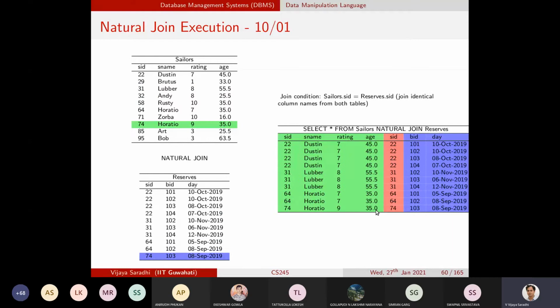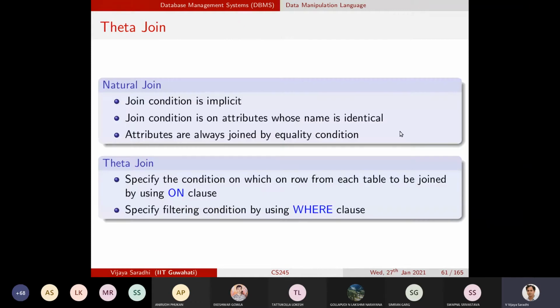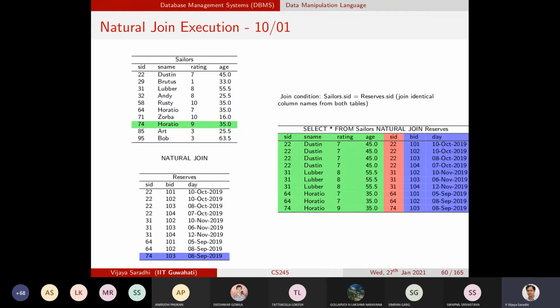And the dropping of the columns also will happen simultaneously the moment you use natural join. So far we have looked at only one simple method of joining the 2 tables, that is based on the equality operation, and that too we do not have any control on which method of joining these 2 tables. It will pick up all the column names that are common to both the sailors and reserves, and then perform the join operation as and when this condition is satisfied.